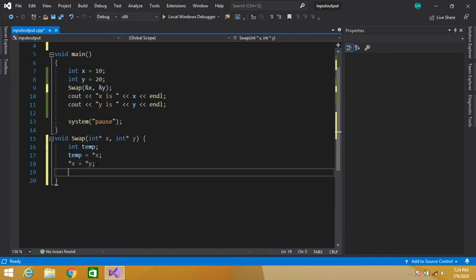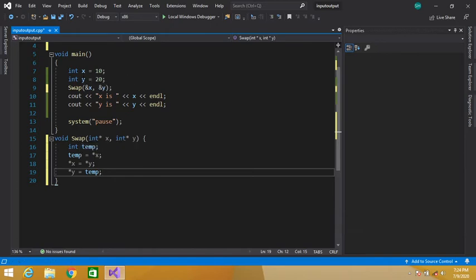And now I will place the value of x, which is stored in temp, in y. So here we will write temp. So you have swapped the values of this x and y pointer.